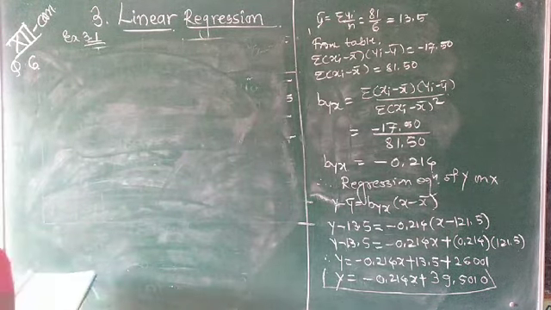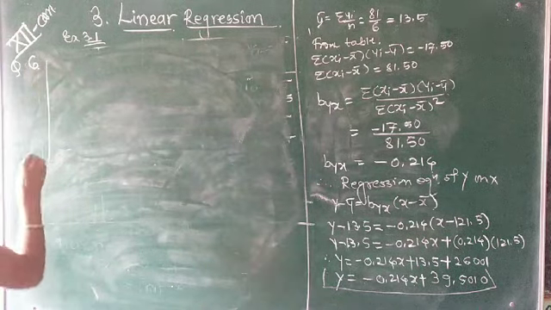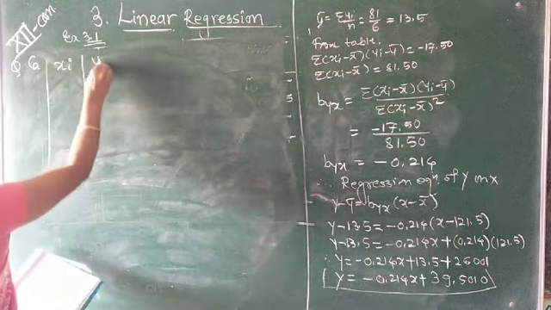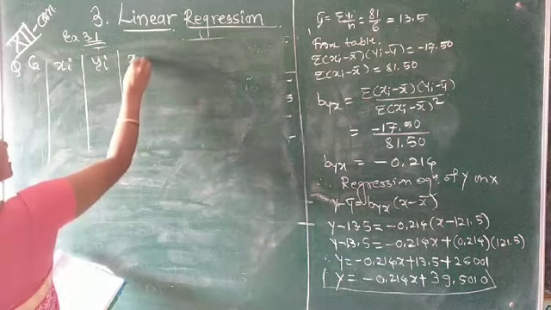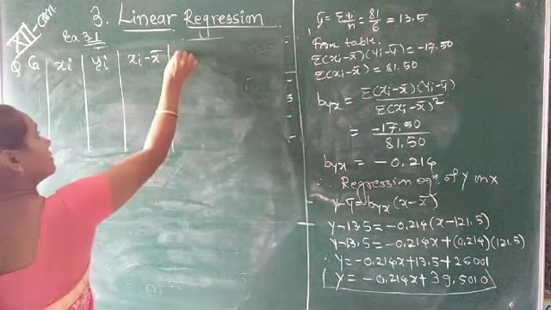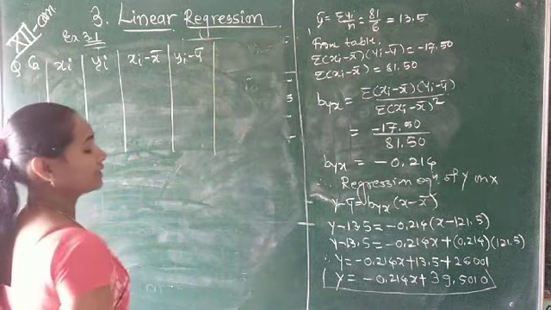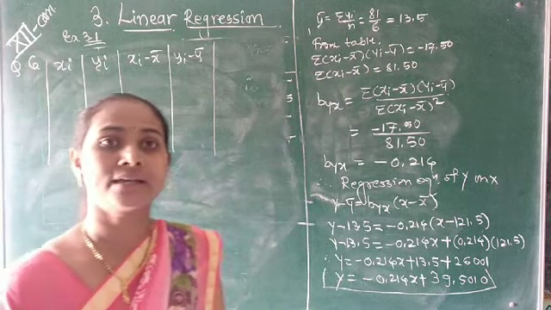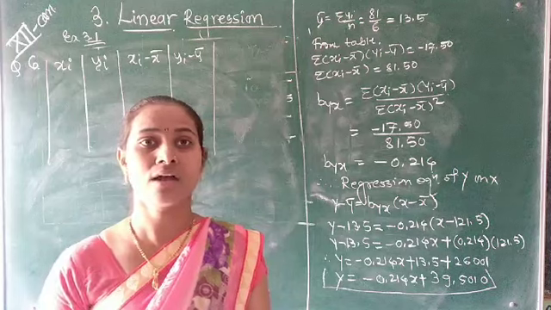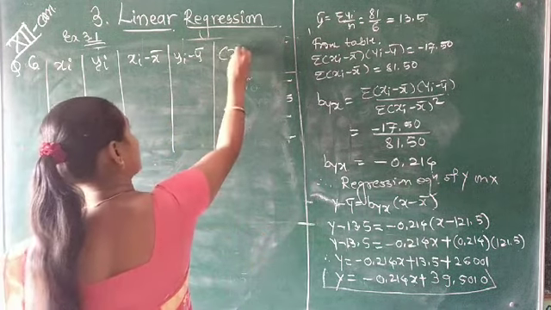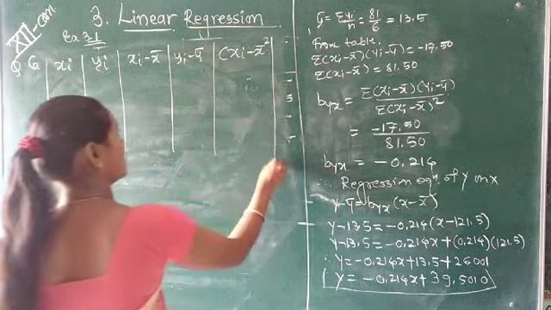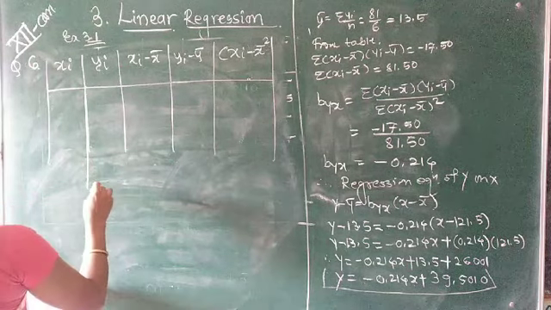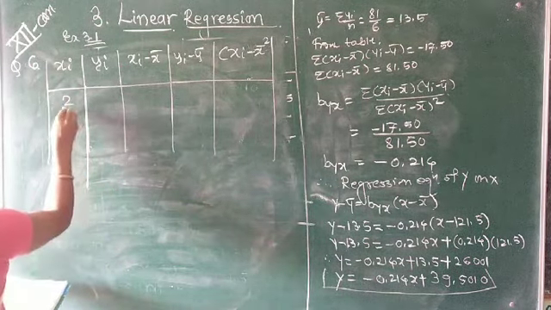Appropriate regression. So first I am constructing the table for this. xi, next one is yi, next column xi minus x bar, yi minus y bar. Here we have to find the appropriate regression. Y is the dependent variable. Since here we have to find the regression equation of y on x, we have to take the next column, that is xi minus x bar square. What is the value of x? 2, 4, 5, 6 and 11.